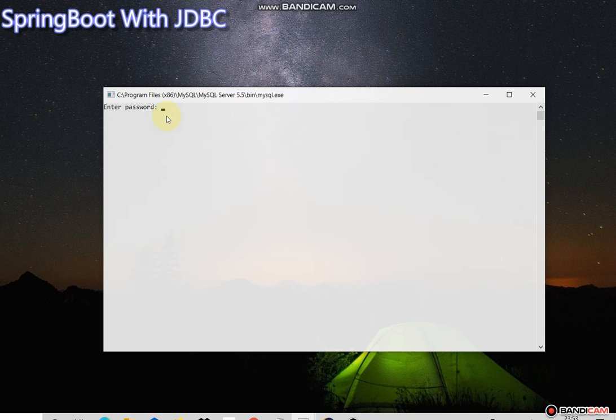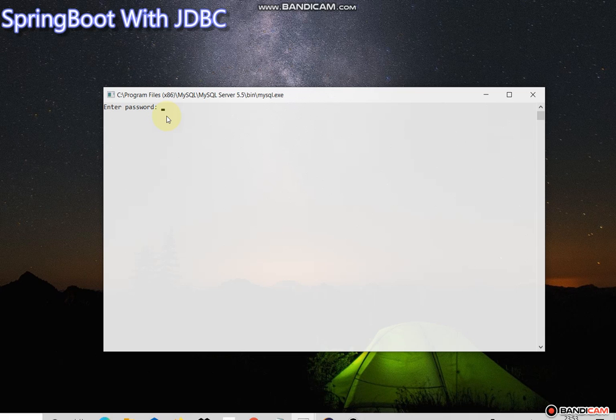After installation, I'll be getting a screen like this. You need to search from all programs for MySQL Command Line. Then you need to enter it, and it will ask for the password. It will ask for the same password which was given while setting up this database.